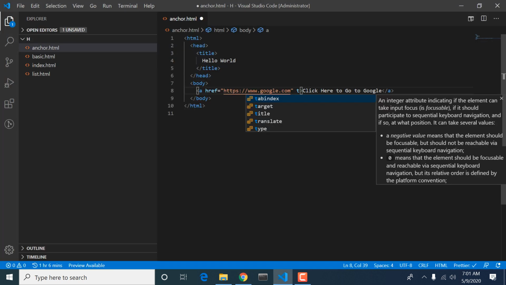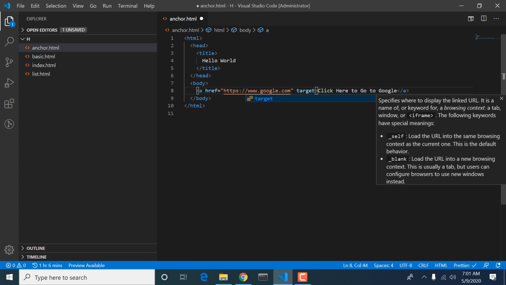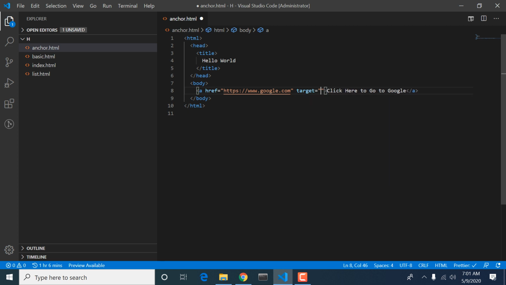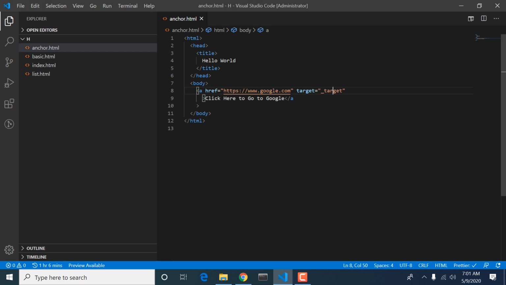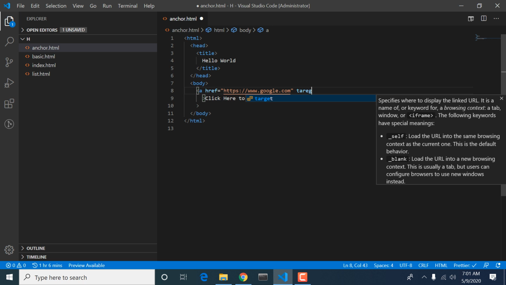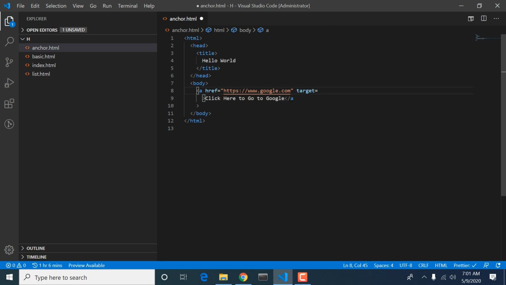But if you want to open this in a new tab, we can do it like this, and you see this is going to open in a new tab. But if you want it in the same tab, you can just type self.